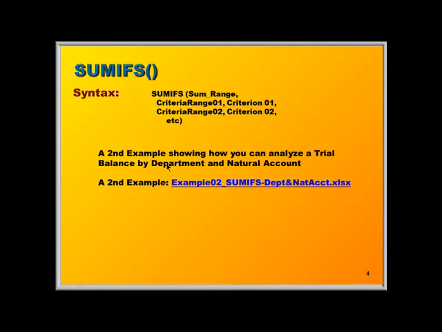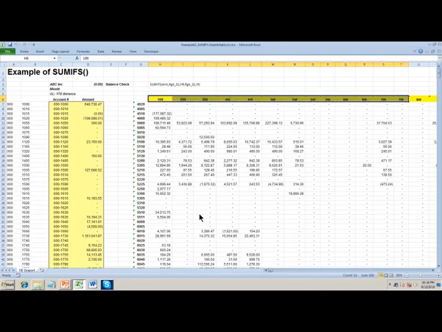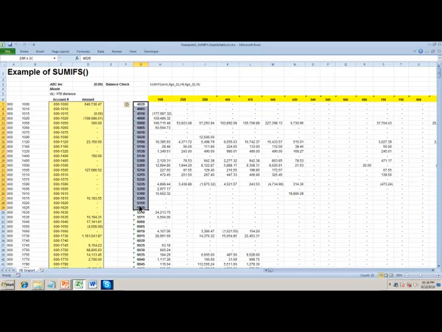And this second example will show how you can analyze the trial balance by department and natural account. So we have two criteria here, the department and the natural account. I have here put the department number along the top, the natural account down the side, and here is my trial balance. When I look at a formula, you'll see that